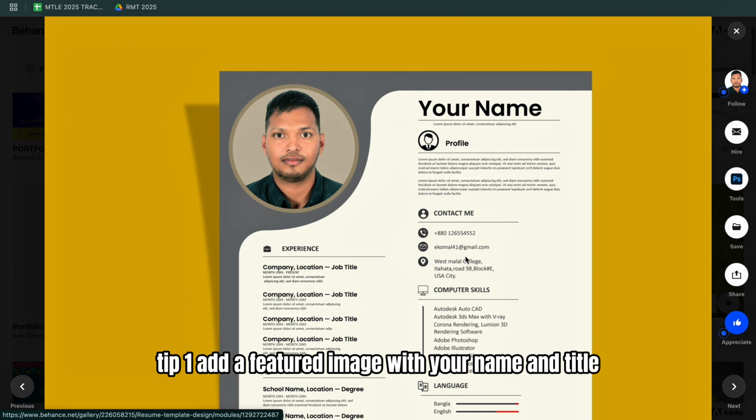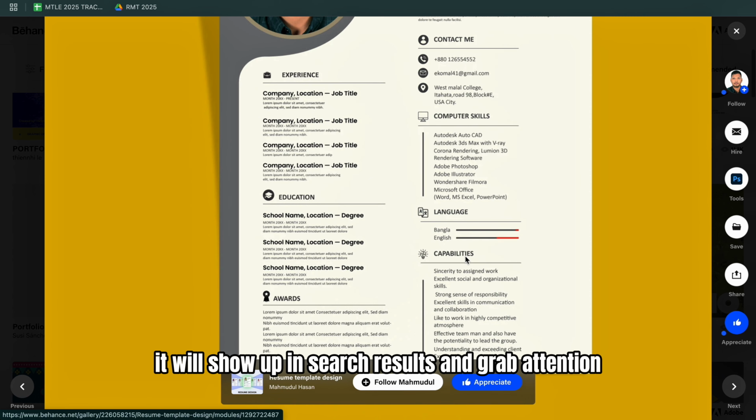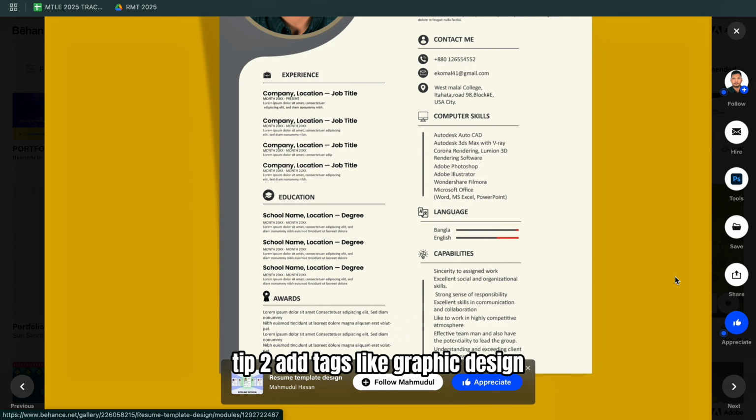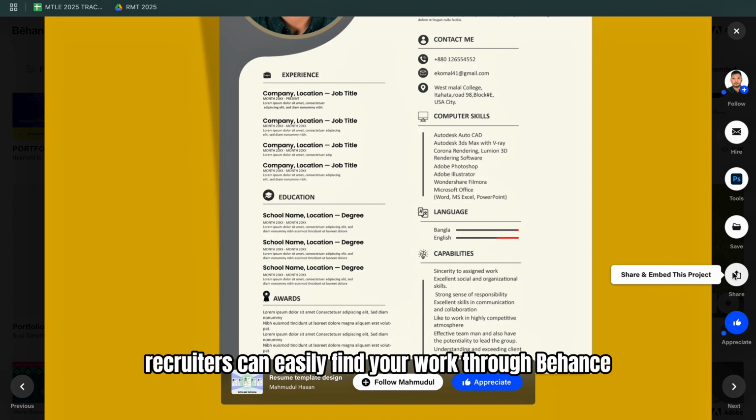Tip 1. Add a featured image with your name and title. It will show up in search results and grab attention fast. Tip 2. Add tags like graphic design resume or UI/UX CV so recruiters can easily find your work through Behance